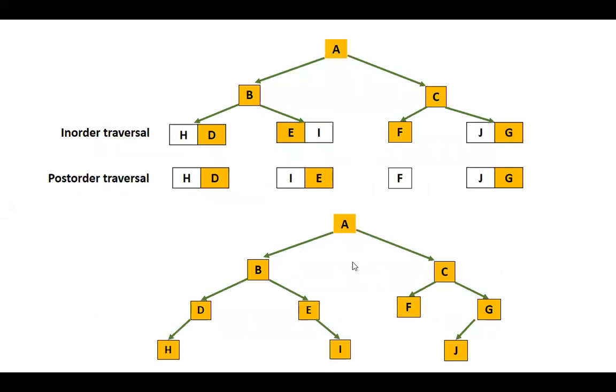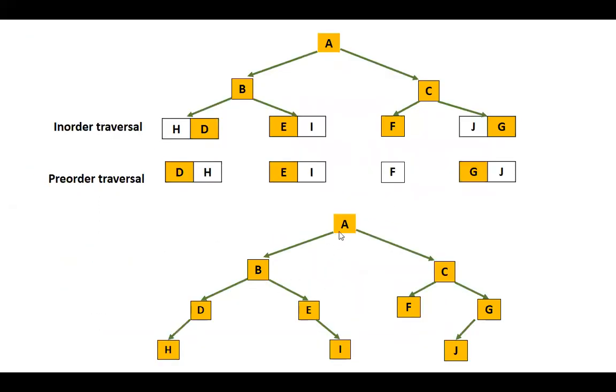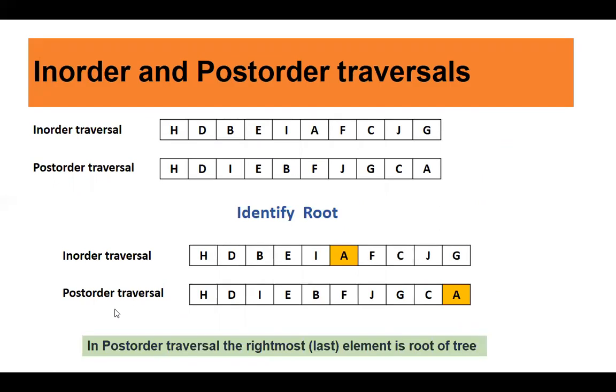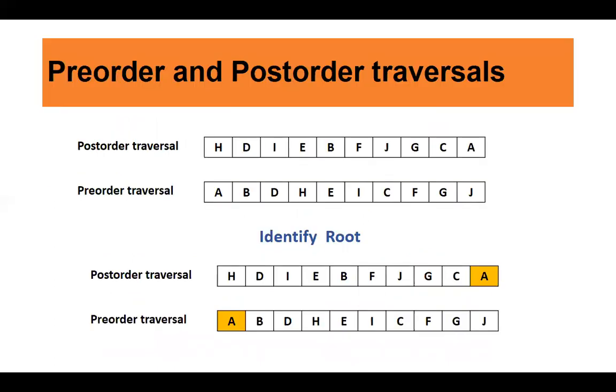See this tree: A, B, C, D, E, F, G, H, I, J. You just see the position of the children. Fine. Now let us see how we got the tree here. In the case of in-order and pre-order, again it is the same: A, B, C, D, E, F, G, H, I, J. See, the position of the children is also the same. We got the exact same tree using in-order and pre-order and in-order and post-order traversal. But we will not get the exact same tree using pre-order and post-order traversal.